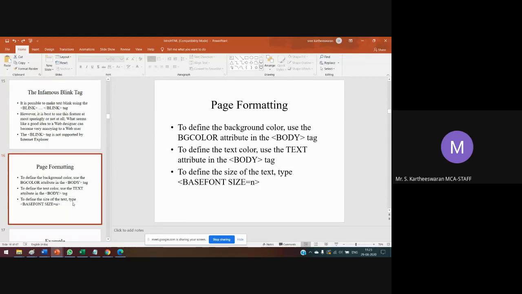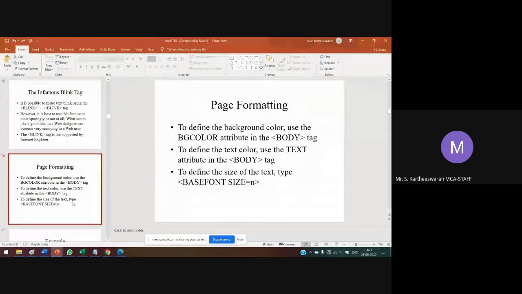If it is red, the web page background will be shown in red color. The base font size is equal to n, which defines the size of the text.